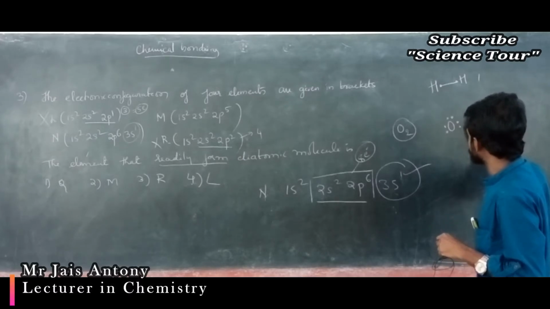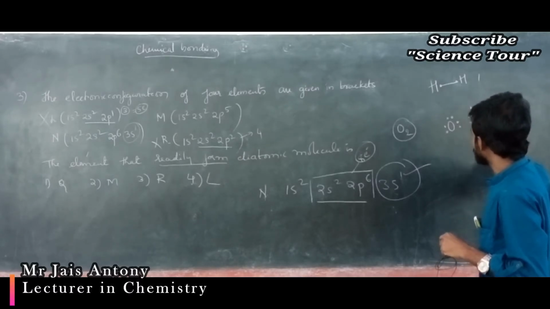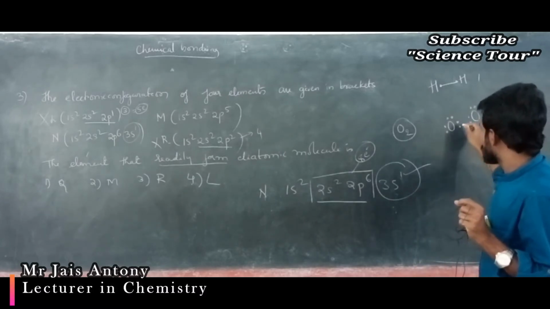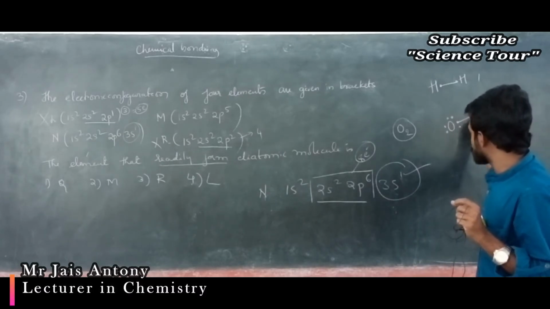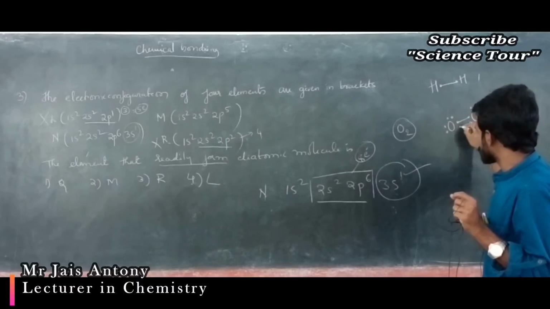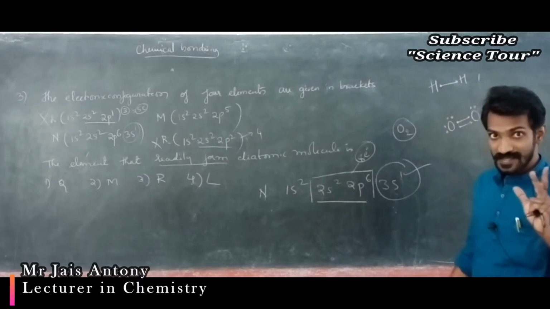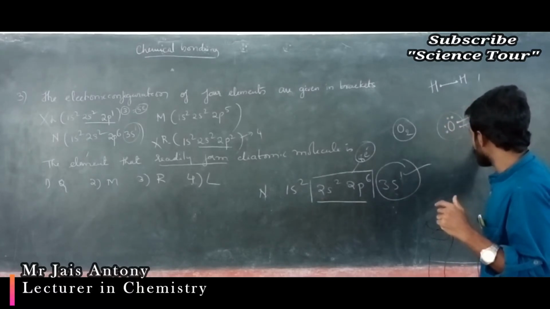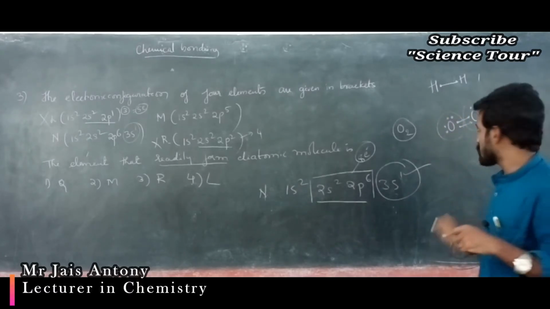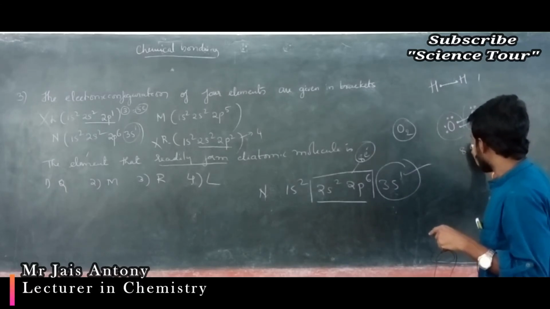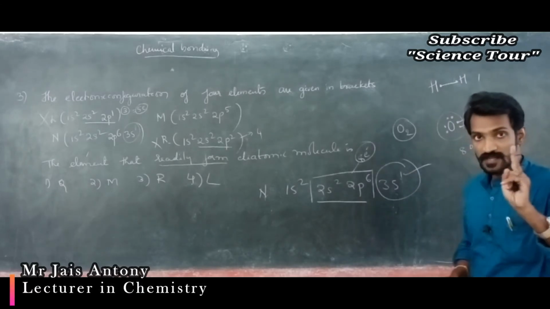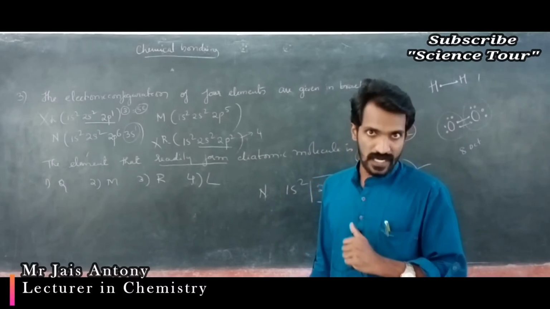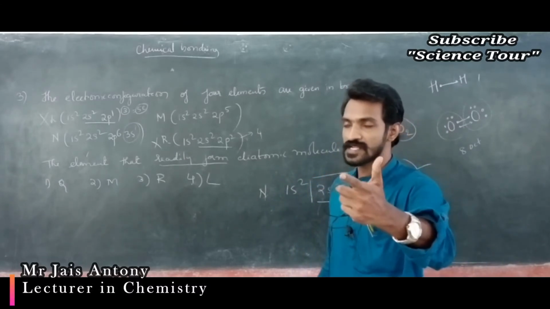Another oxygen having 6 valence electrons, my dear students. Here, the very important point is, by sharing these 4 electrons, this oxygen's 2 electrons and this oxygen's 2 electrons, together it forms 8, octet form. Both the oxygens obey the octet rule, by sharing electrons, not by giving away electrons.